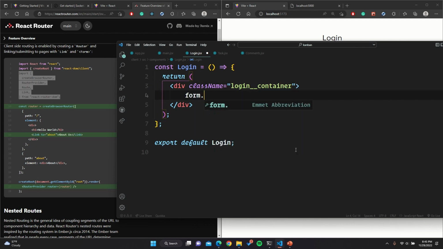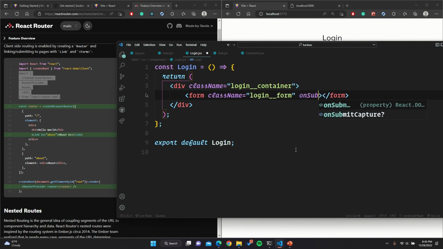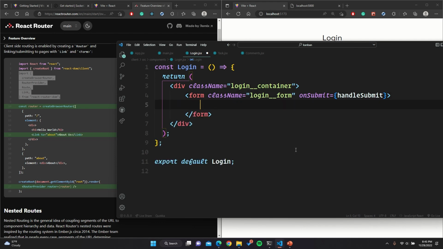Inside this, we're gonna use a form with the class name of login form, like that. We don't need action, so we're gonna get rid of that. So we need the class name. We would need the onSubmit function here, and we're just gonna simply call this onSubmit. This is the function that we don't have yet, but we're gonna create. So we're just mocking up our form right here, and the class name is already in our CSS,